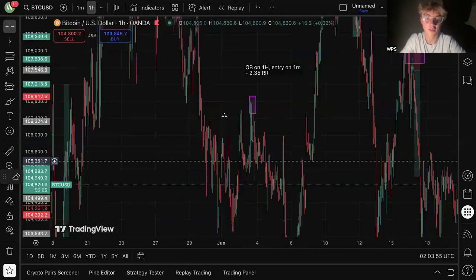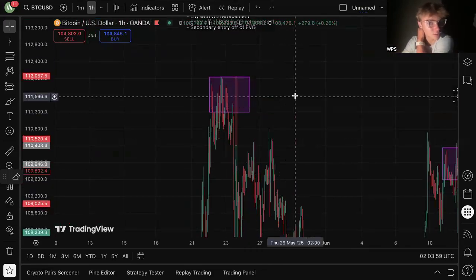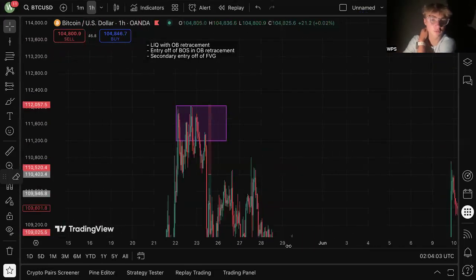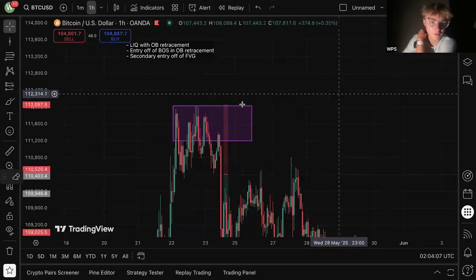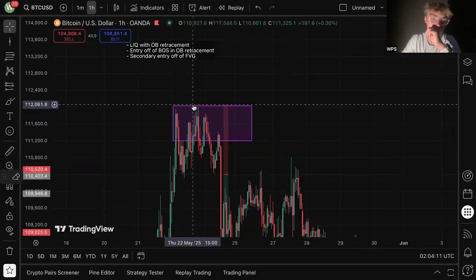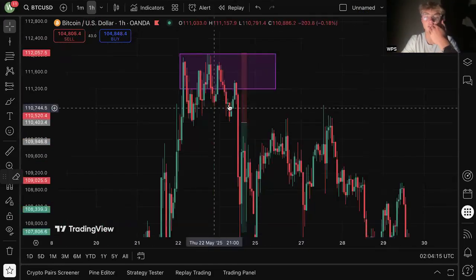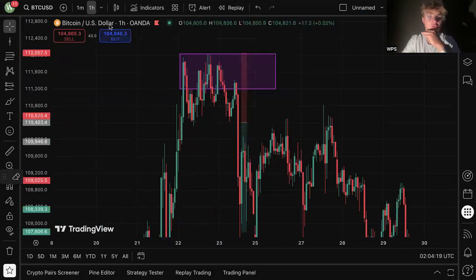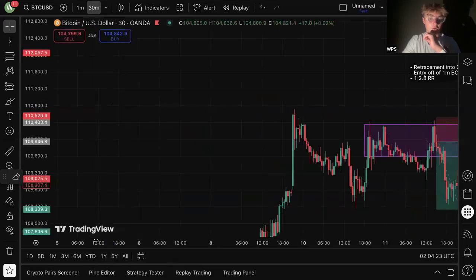So this one all the way up here on this peak is liquidity formed with an order block retracement. This is the first swing high, the second swing high, which is higher than the first swing high. Then we get a retracement right here as soon as price breaks structure, which is right here where price closes below the low. Now that we're a bit closer to today, I'm going to go on the 30-minute market